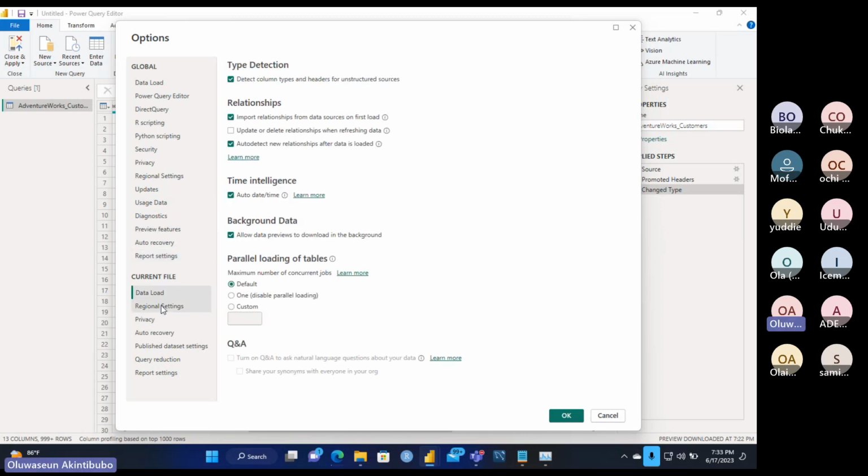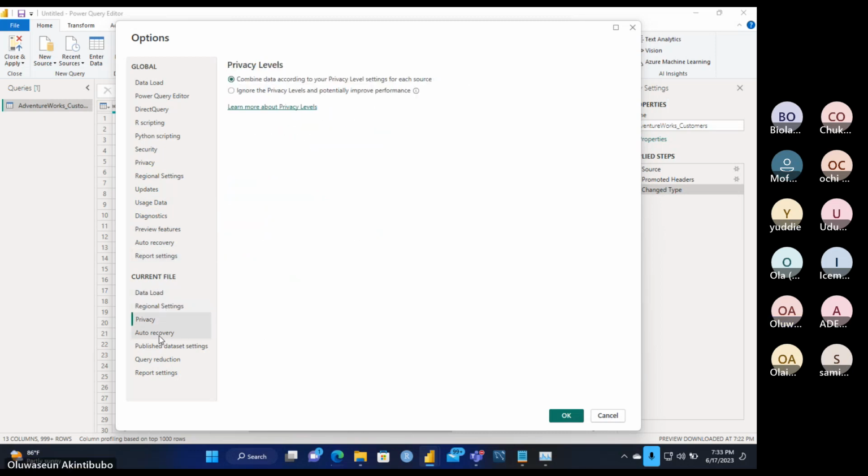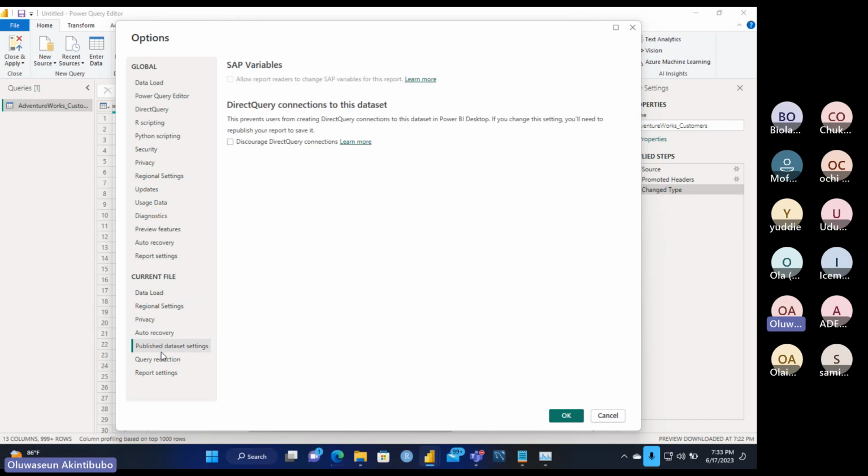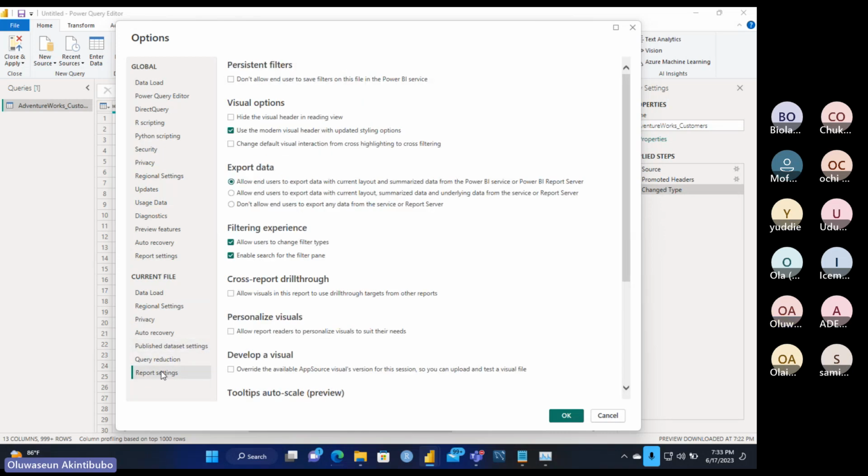This is not giving me the option to zoom the screen or to enlarge my interface.